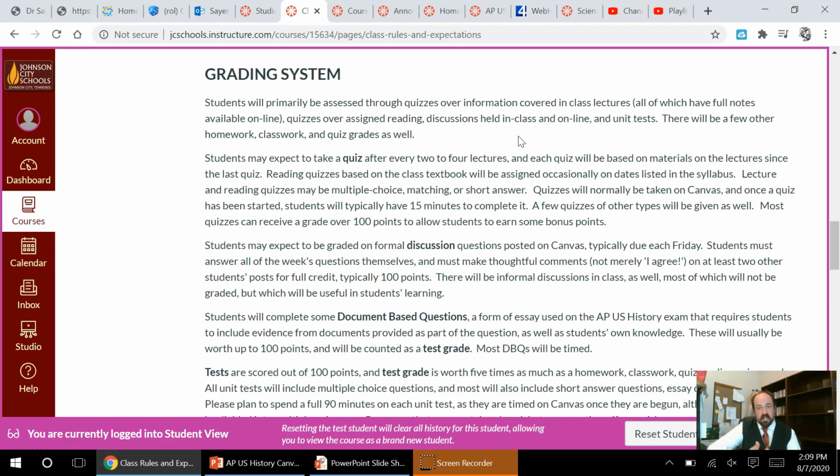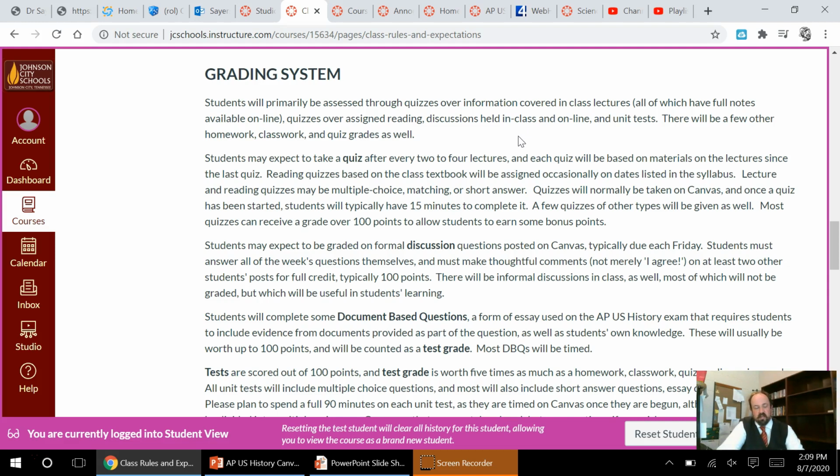We'll also hold discussions both through Zoom or something similar, and the online discussions. The online discussions on the Canvas discussion board will be graded, and each will be equivalent to a quiz grade or a homework grade. We'll have a unit test